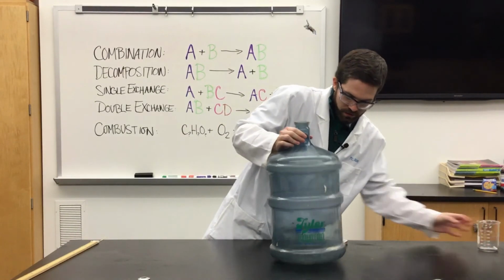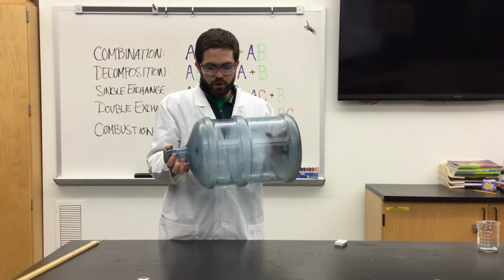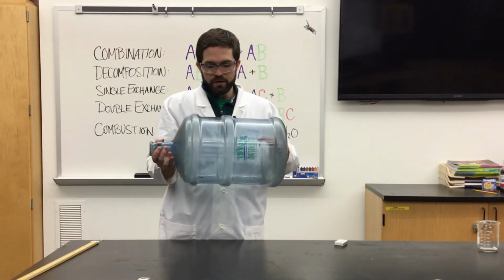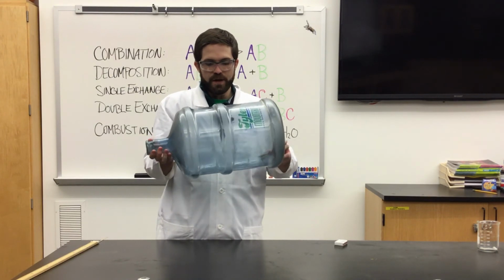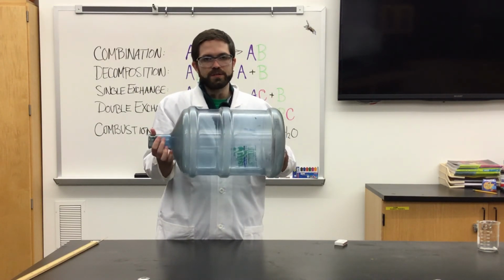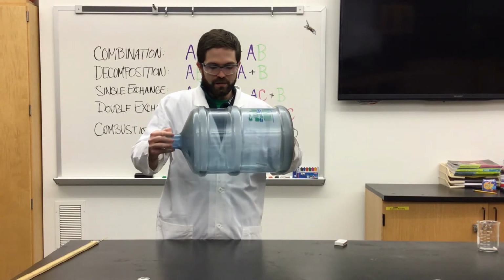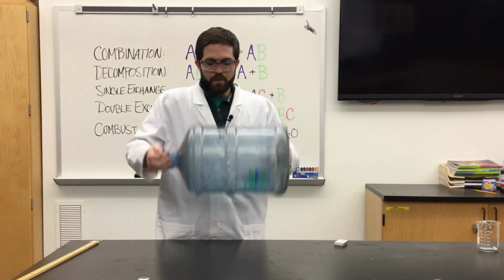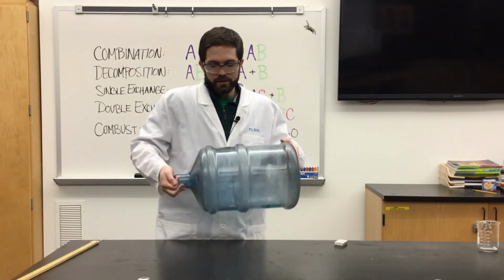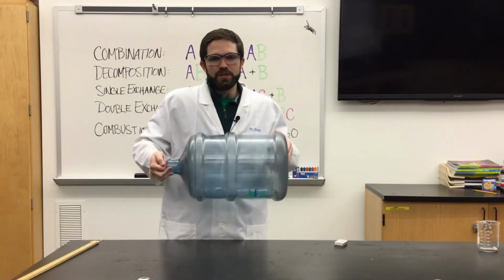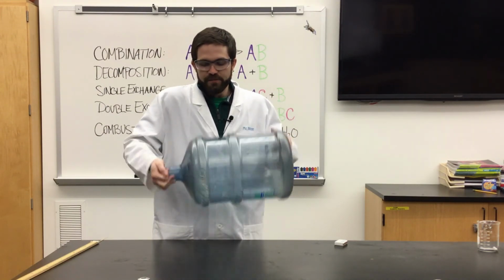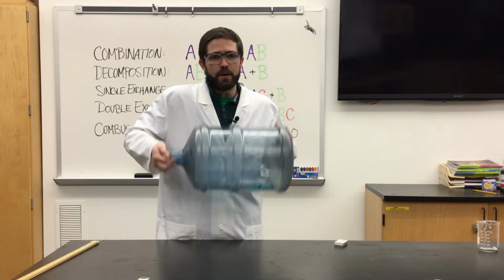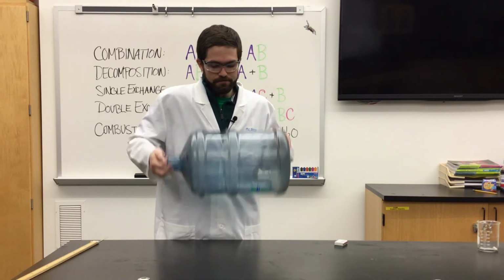And what I'm going to do is swirl it up and coat the walls of this bottle. One thing about alcohols and a lot of organic compounds is that they're very volatile. In other words, they transform into a vapor or a gas very, very easily. So when I coat the walls of this whoosh bottle with the methanol, what I'm doing is filling up the space inside of my bottle with methanol vapor, which just happens to be very flammable and ripe for a combustion reaction.